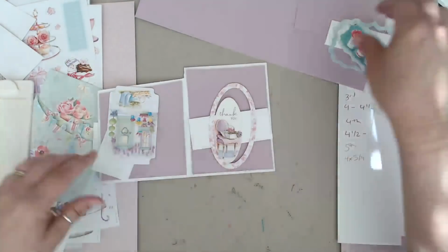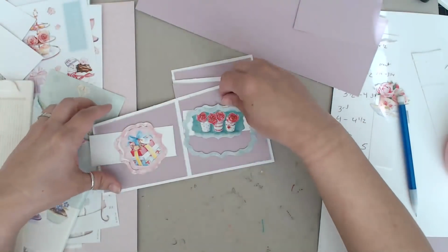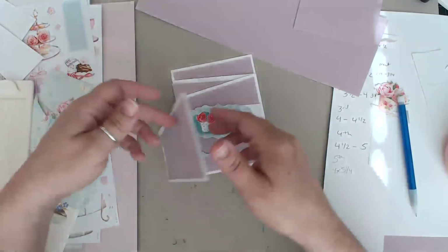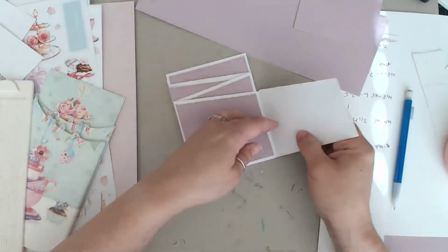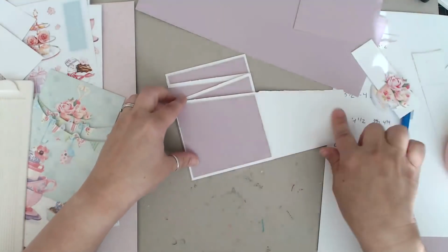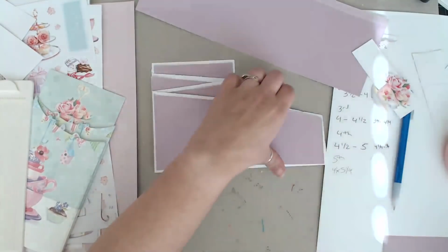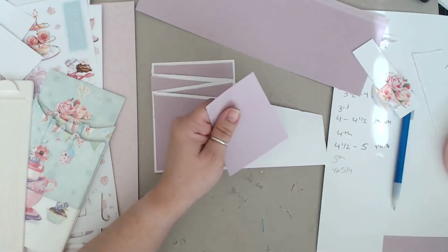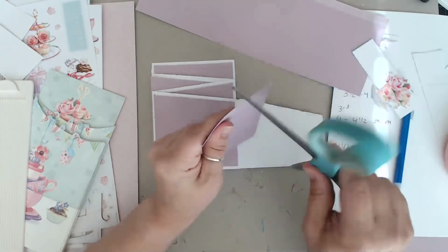Okay, so here is that. That's going to go there. This piece goes here. This one's going to go here. So I'm just pulling out little fun elements. And then this one is going to go on the front. Now I need to make sure that I have all my back flaps. I'm going to go ahead, I already have it cut, and I'm going to put this little piece right here. And since I'm distressing everything,